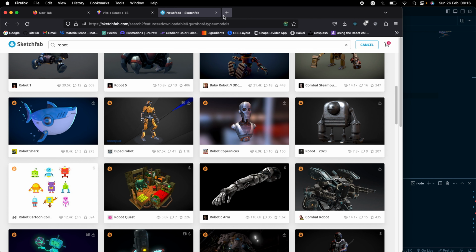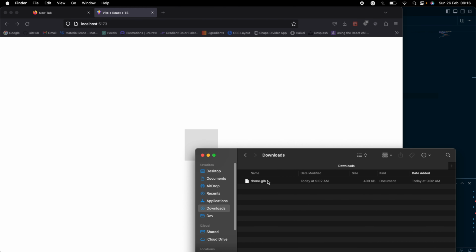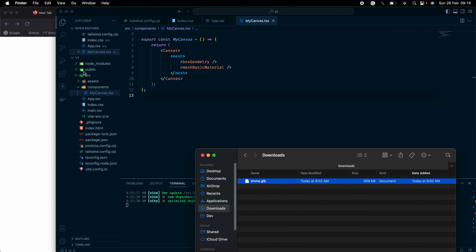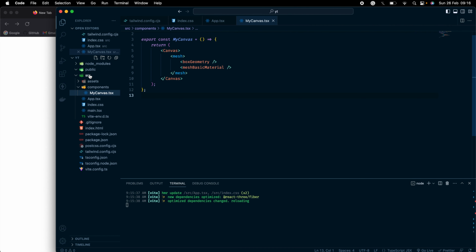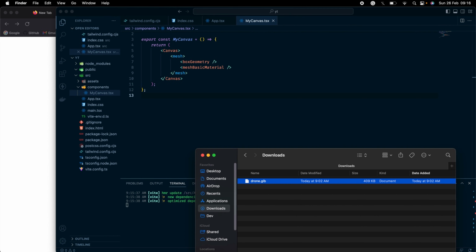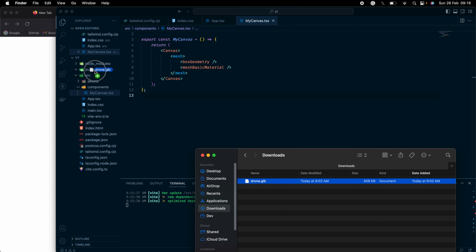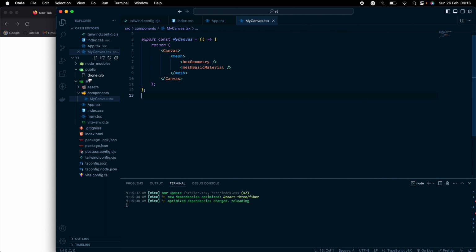So I already have a 3D model with me. It's in downloads if I remember correctly. Yeah, this one. So I'll just bring this under the public folder. We don't need the Vite file. Right here, I'll go in here and put it in the public folder. Okay. So now let us create a folder for the drone, not a folder, a file,